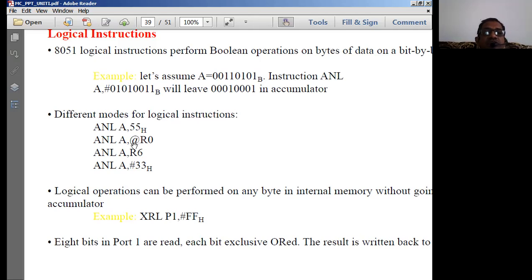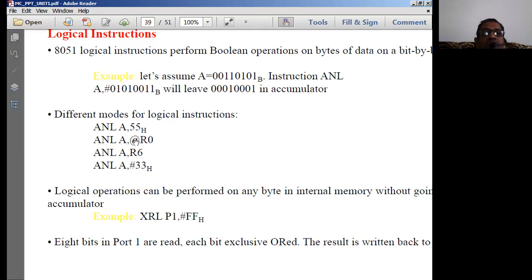What about this instruction? This is called an indirect addressing mode instruction, where R0 is going to contain the address where there is some data. So that data has to be used for the AND operation here. For that we use the value at address operator called the at the rate operator.